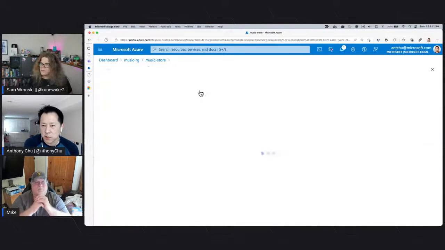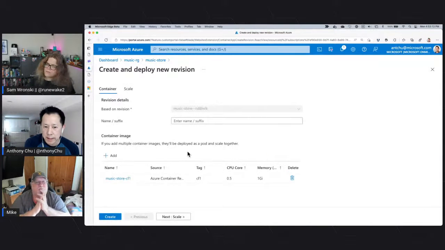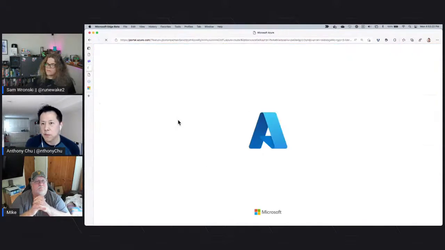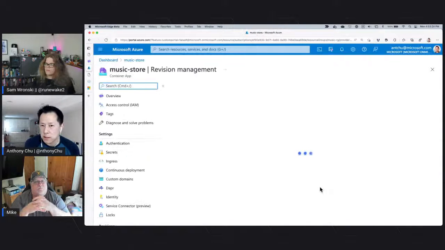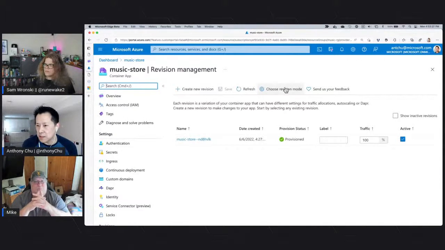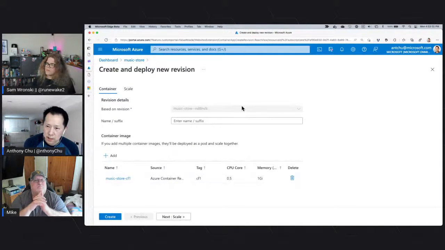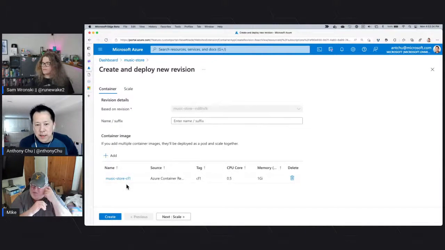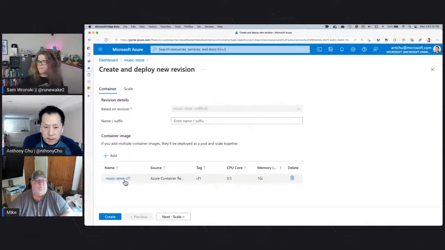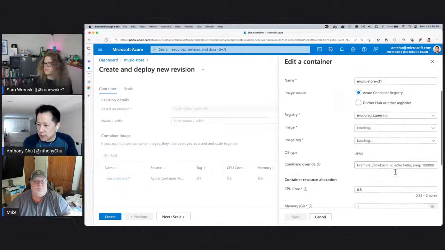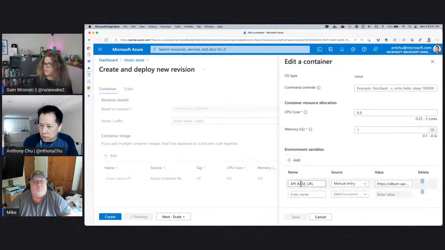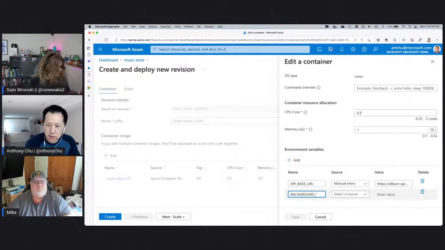So we can actually create a new revision here. So by default, it's going to basically take what's in the. Actually, hold on. I think when we switch revisions, maybe I need to refresh the page just so that it knows I'm in the right revision mode. Oh, actually, I can't choose it because I only have one revision. That's why. But I can go ahead and make a small change to my app. So for instance, I can add another environment variable called background color,